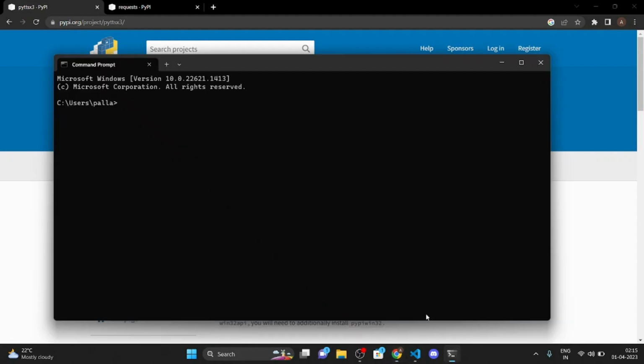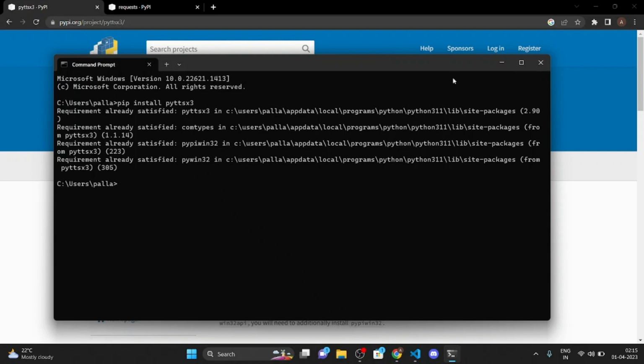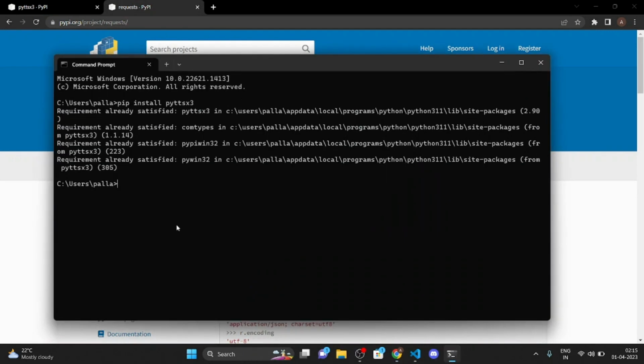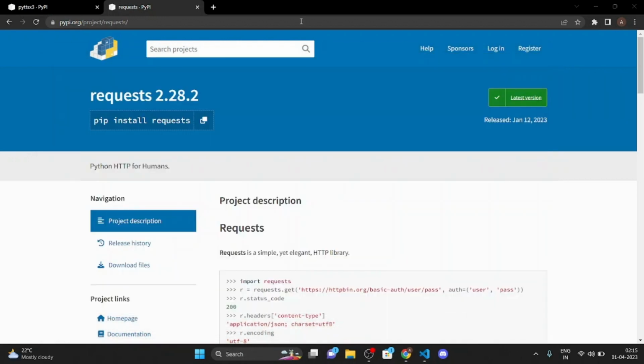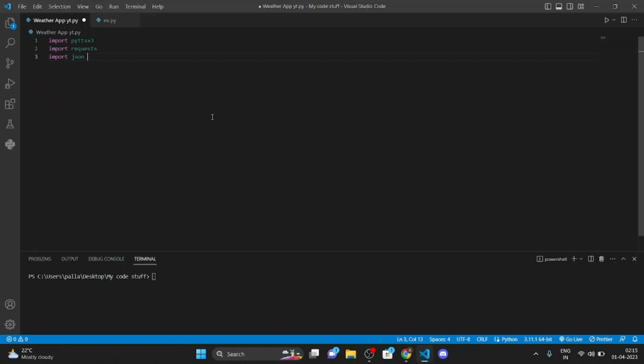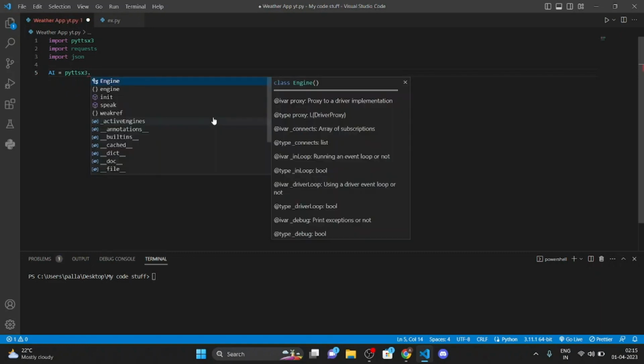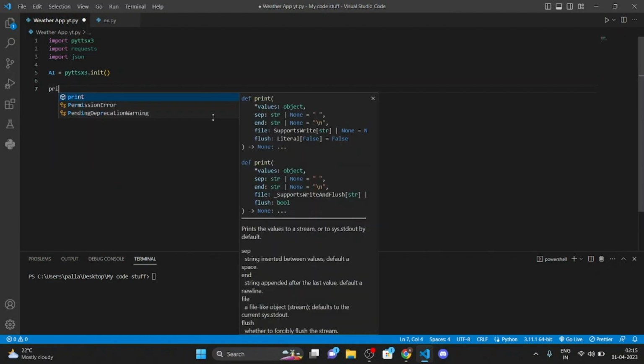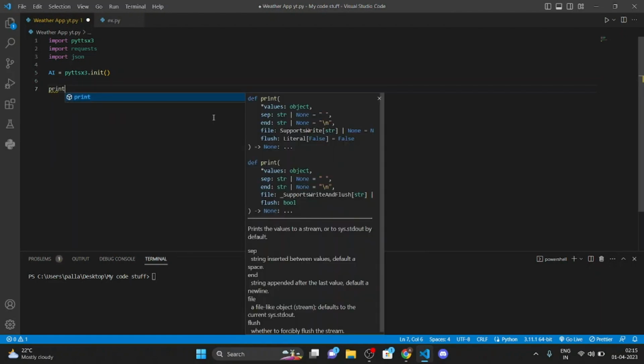For the first one, pyttsx3, you need to do pip install pyttsx3, and for the requests module, you also need to do pip install requests in order to download both of them. Then you need to assign a name: AI is equal to pyttsx3.init. Then this program is going to print this: